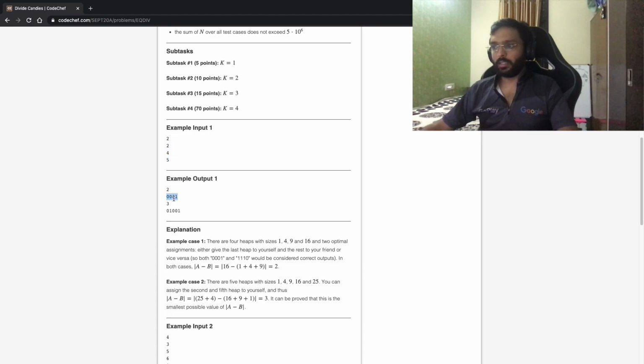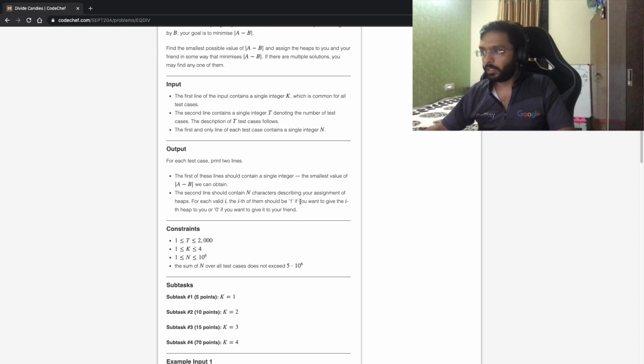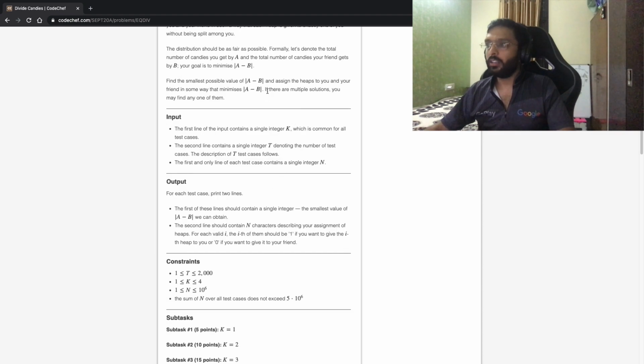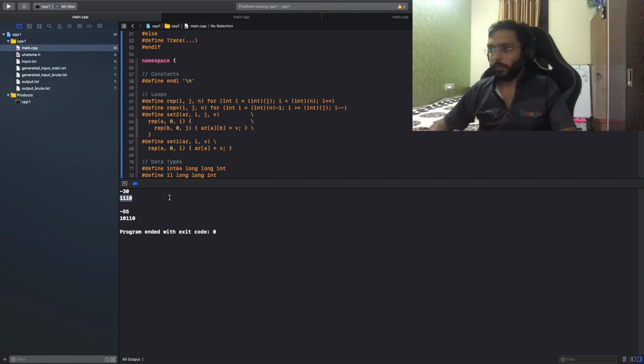So 0001 and 1110 will be identical. It's just like whoever gets it. So this should be totally fine. That's because if you have multiple solutions, print any one of them. So this should be fine.